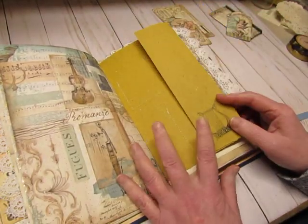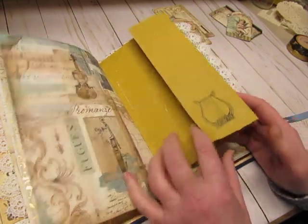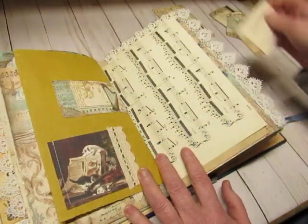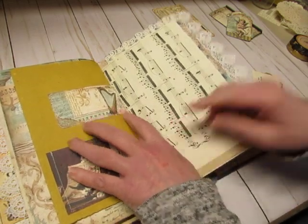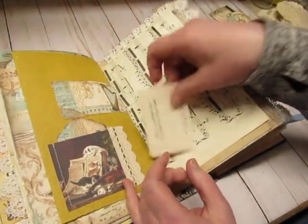The other half of the straw paper, I just did a fold on it and stamped there. And here I added 2 pockets that I sewed on. Mrs. Coggs' image became a pocket with some lace, and just a little card from the Stamperia paper became a pocket. Put that in there, and this is